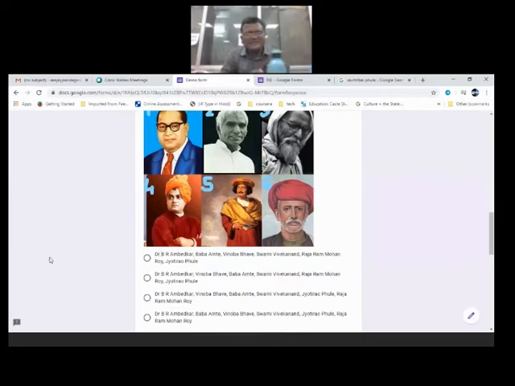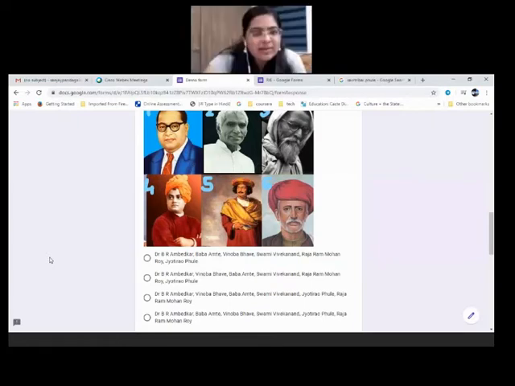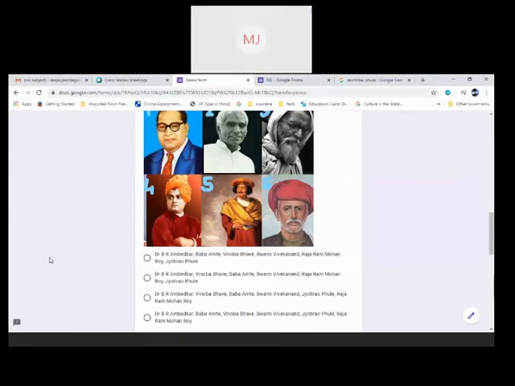One option: Dr. B.R. Ambedkar, Vinoba Bhave, Baba Amte, Swami Vivekanand, Raja Ram Mohan Roy, and Jyotirao Phule. Some say the fourth option, and some say the first option.